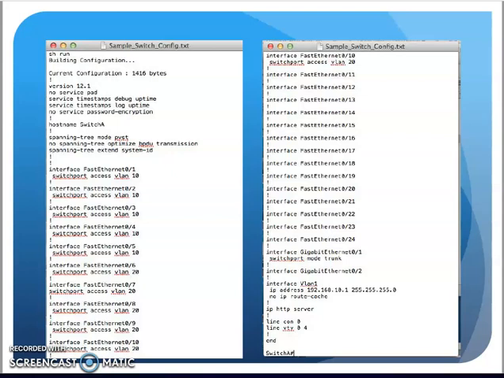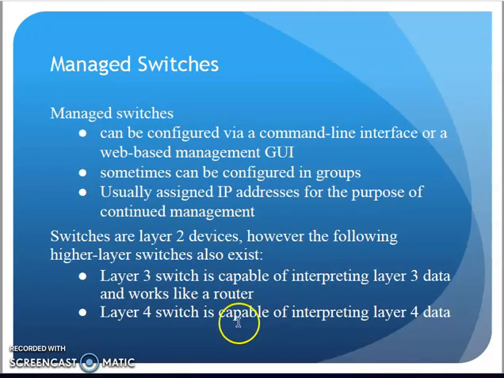The switches we have in our lab rooms are actually business grade switches. They're kind of like medium to large business grade switches where you're actually going to connect into them and run commands on them to make configuration changes. Switches can also be layer 3 and layer 4. Now, on the outside, they're not going to look much different, but the operating system on the inside of the